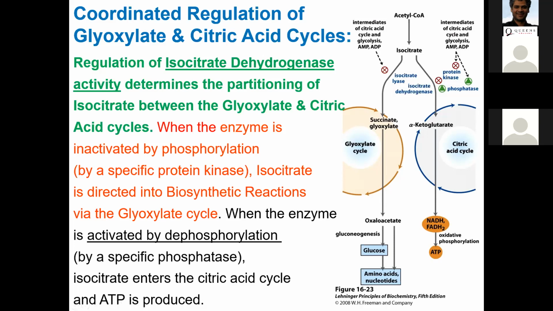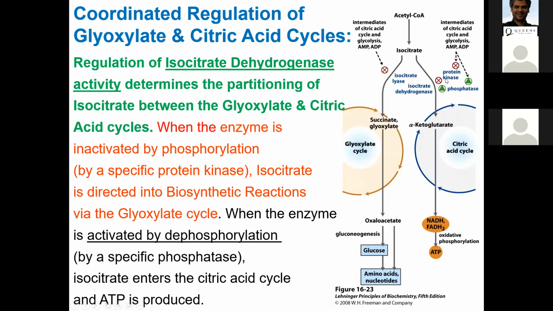Why would that be? Think about it for a moment. Let's say your cells or plant cells don't need ATP. Their energy status is quite happy. They have enough ATP, but they need to make new proteins, new enzymes, new nucleotides. You don't want to bring them here on the right hand side, right? So certain intermediates of glycolysis, etc., right? They will regulate the activity of the protein kinase.